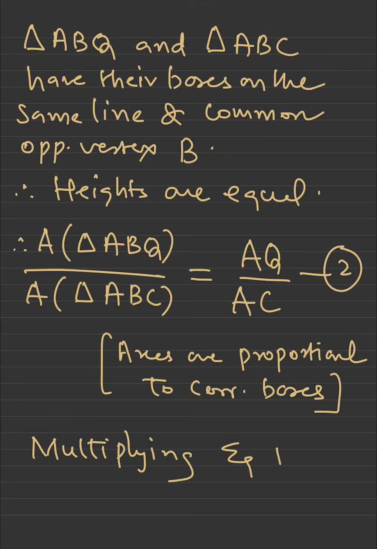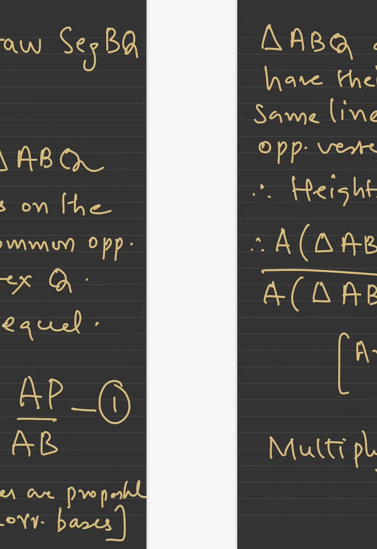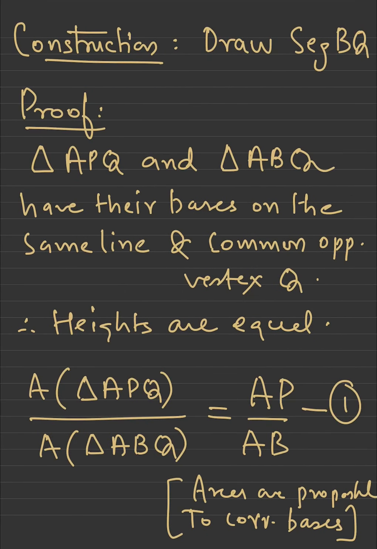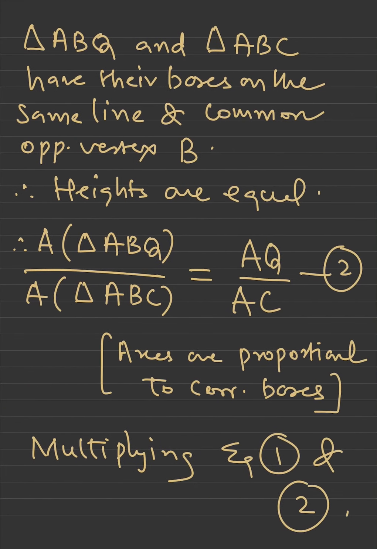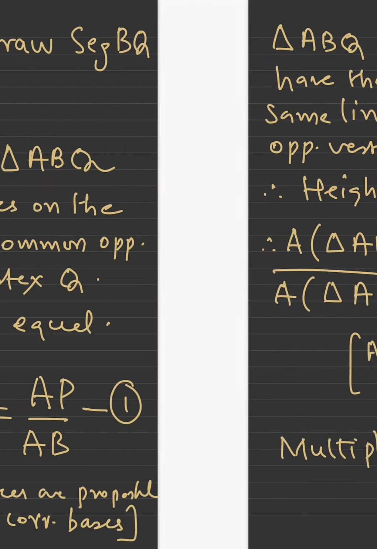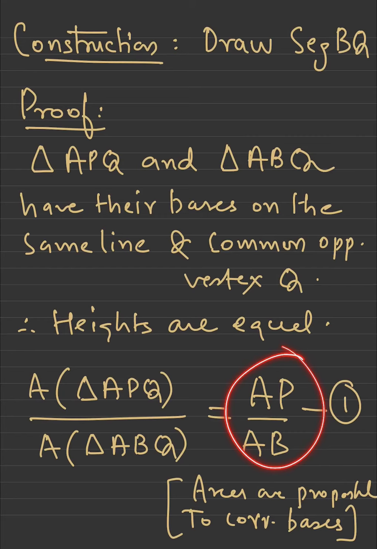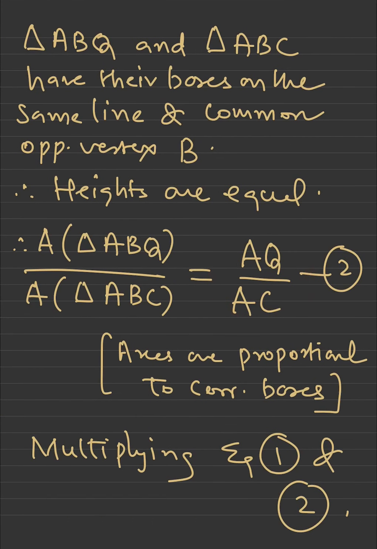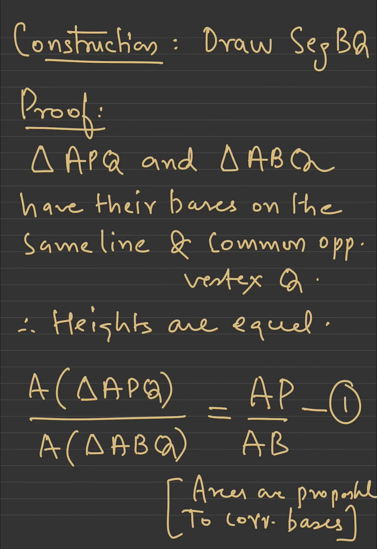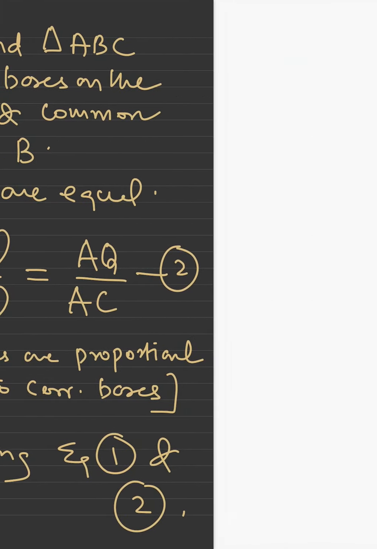Multiplying equations 1 and 2. Now when you multiply two equations, you always multiply the left hand side into left hand side. I mean the left hand side of the first equation into left hand side of the second equation will be equal to right hand side of the first equation into right hand side of the second equation. So when you multiply, we get,